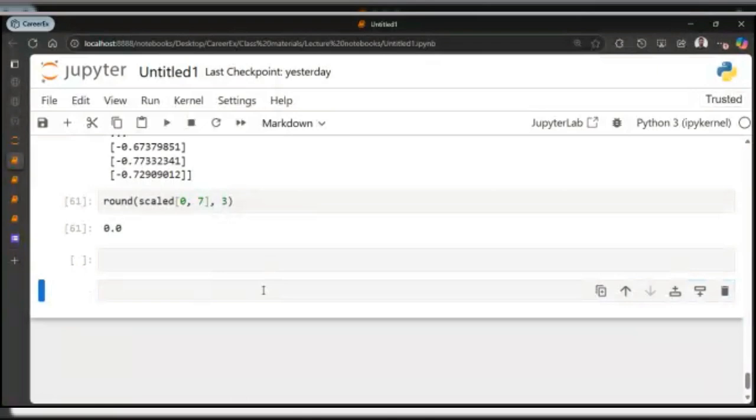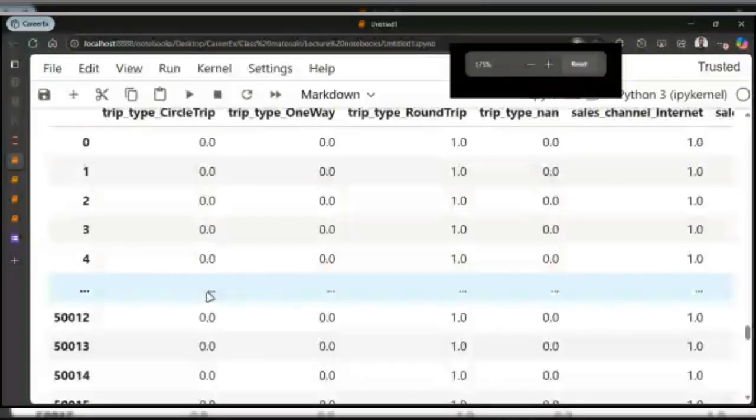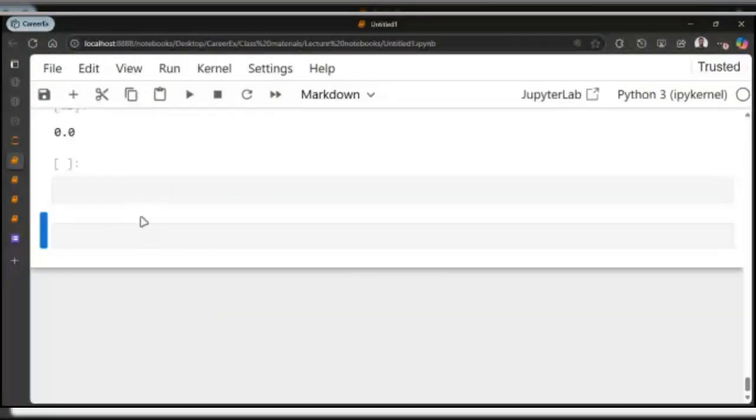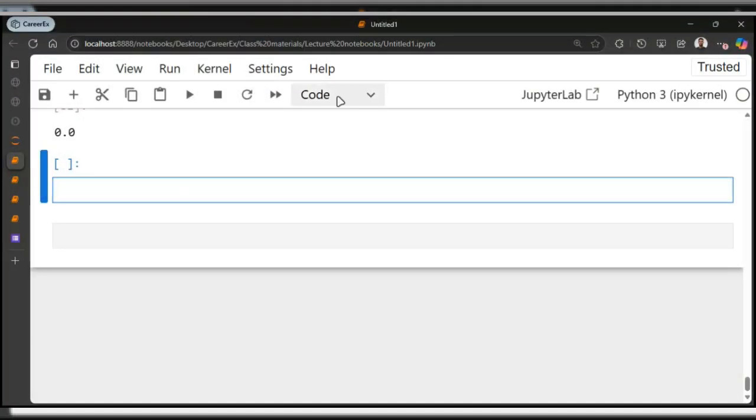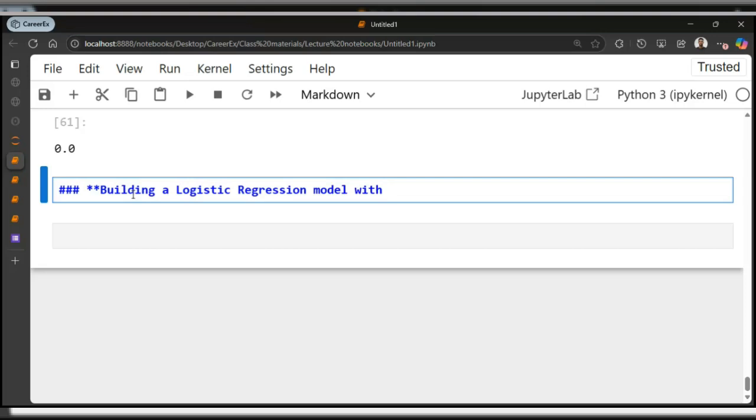I'm going to have a markdown here. This is going to be building a logistic regression model with data sets.